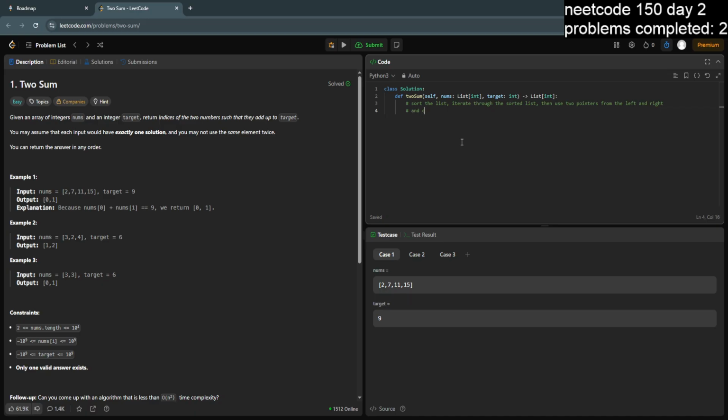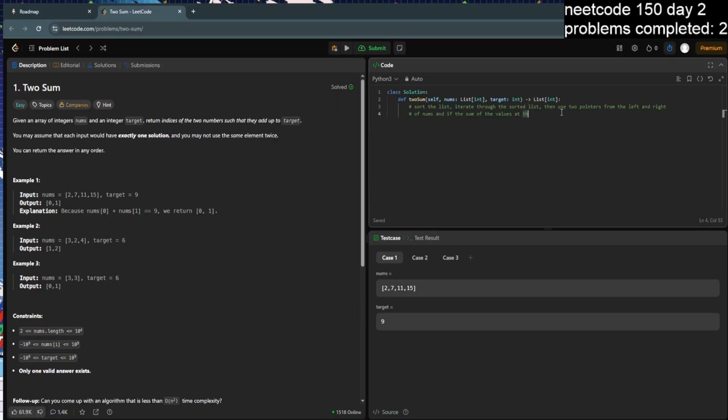If the sum of the values at those indexes is less than target,